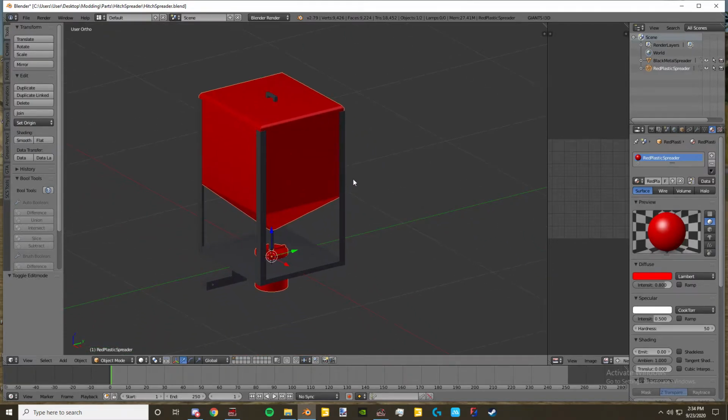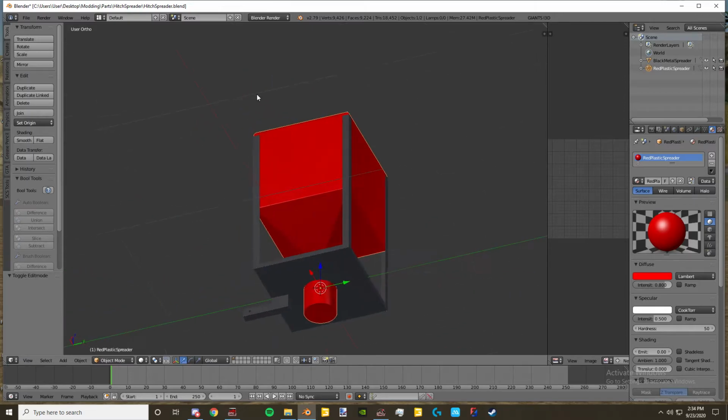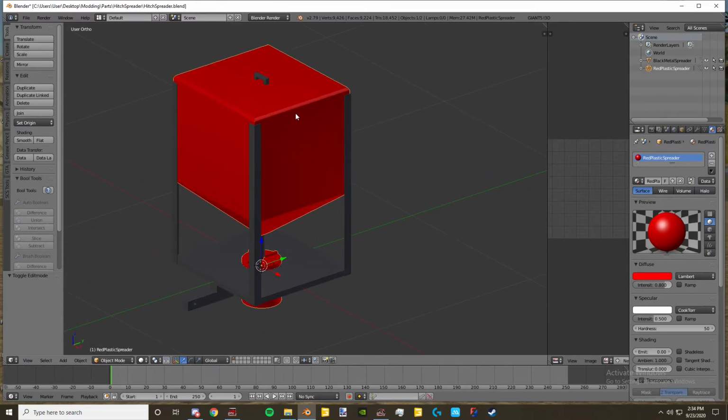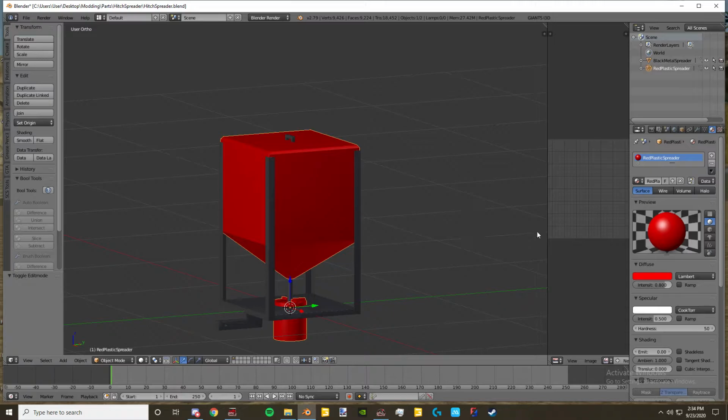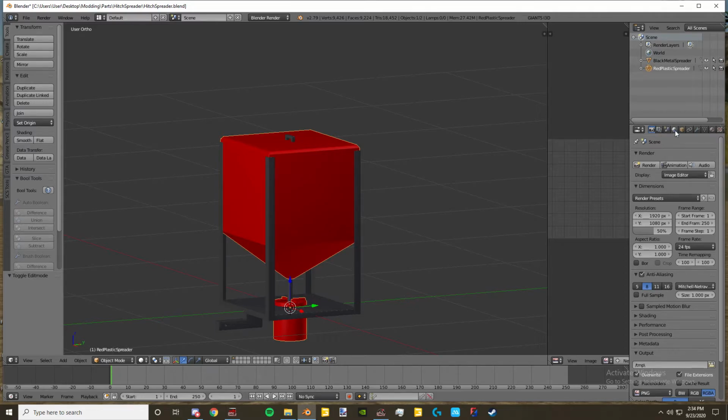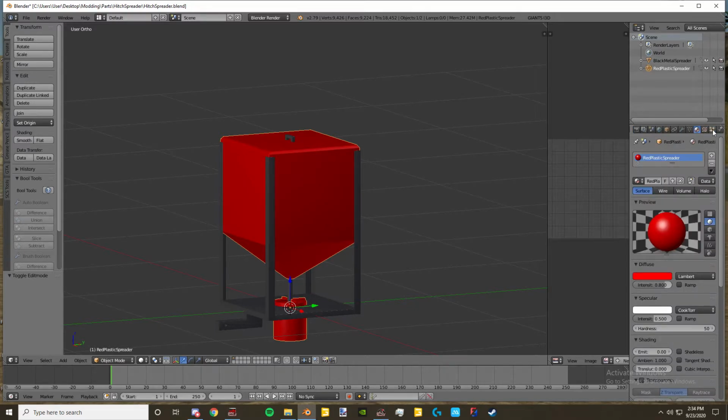Now what you're going to want to do is for the red one, honestly, I'm going to show you the way I do it. Some people do it differently, but I find this is the easiest way to do it because it gives you less problems later down the road. So you find the material, and to get to that tab, you'll probably be on the camera one. You want to look for this one. You can scroll up and down there if your screen's a little smaller, but you find that one. And this should pop up and you have your material. If not, you can make one. So then what we're going to do is for diffuse color,